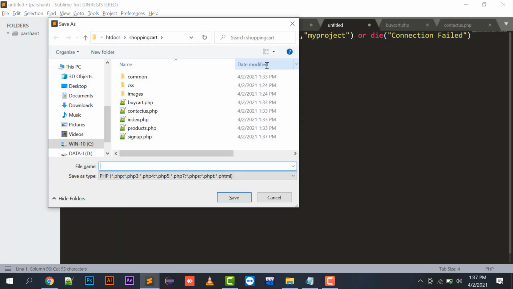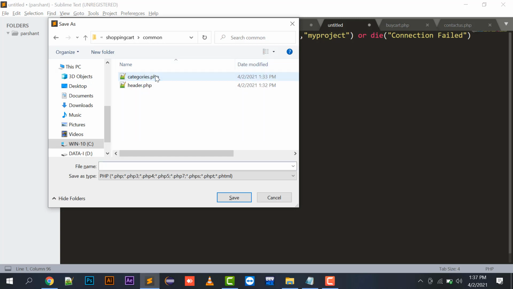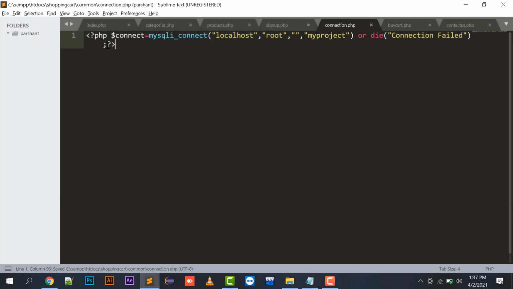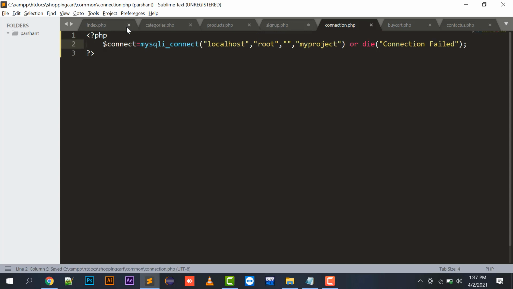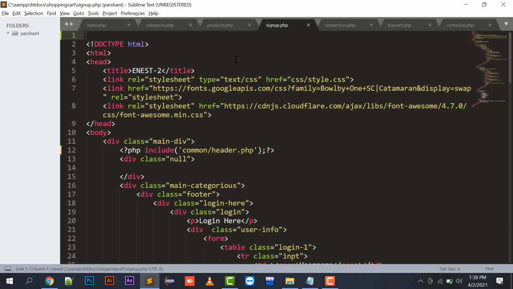So mostly we need a connection in all our files. So I will make it a common file and save it in a common folder with the name connection.php, right? The connection.php is a file that contains my connection to my database. This is the localhost, root is the username, blank is the password, and my project is the database name.